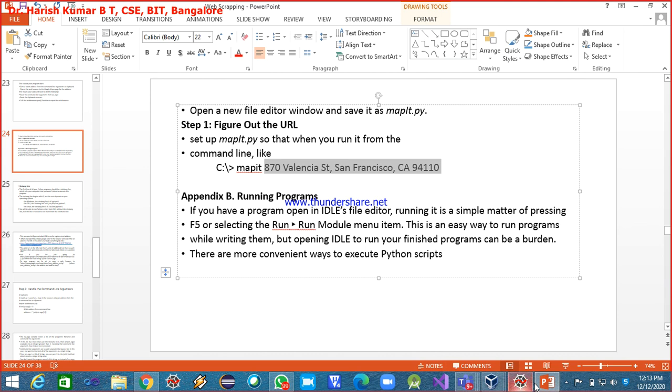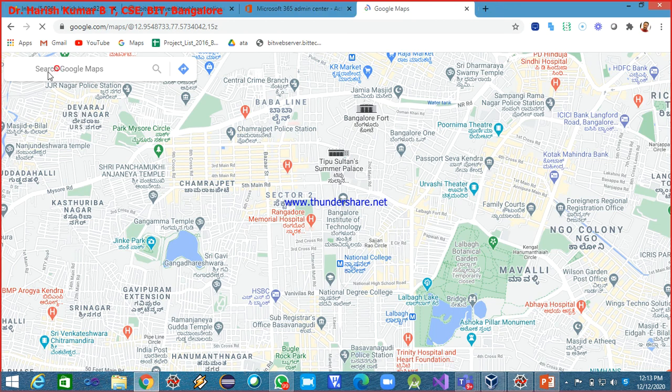So why do you want to locate San Francisco and some street in that? Where do I have to go? Here. So search Google Maps and this. The map has gone very slow. Not able to search anything.